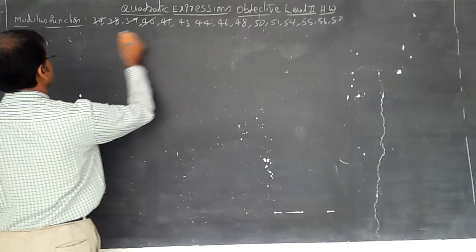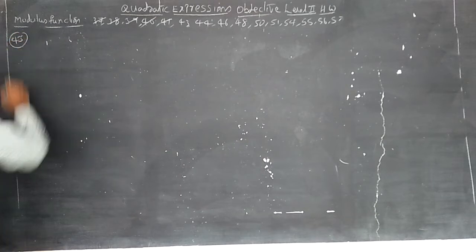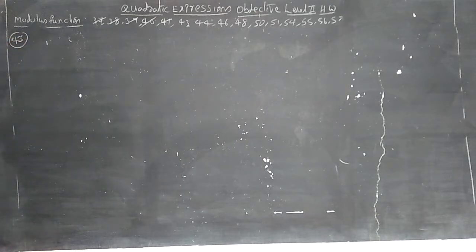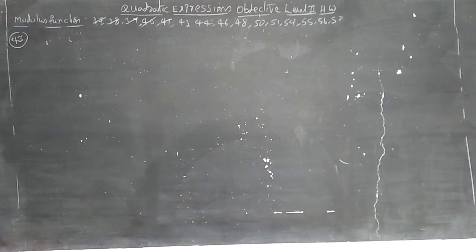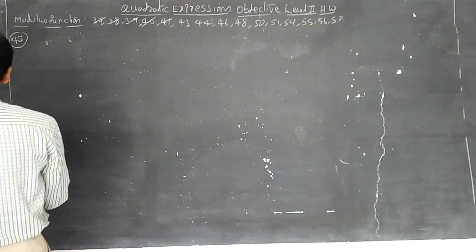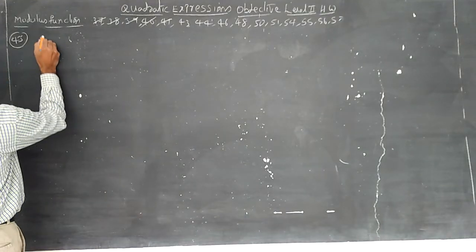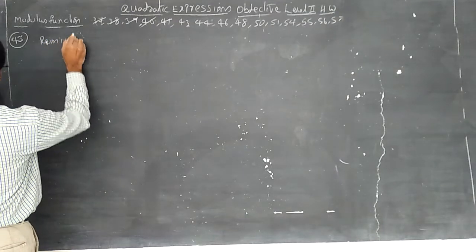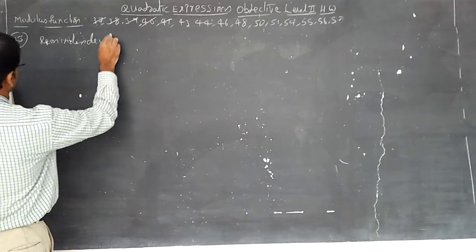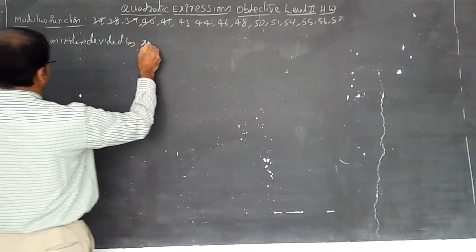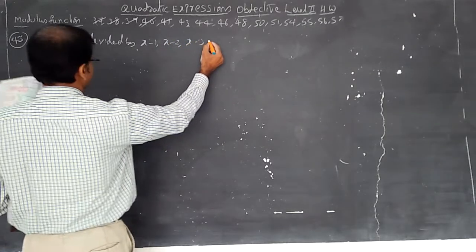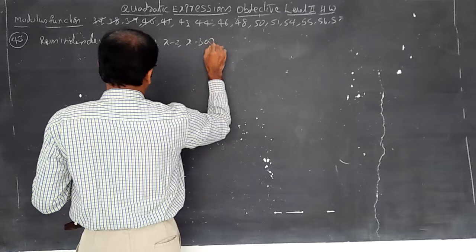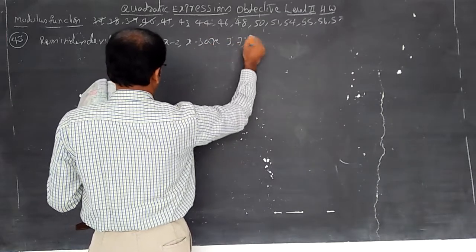41 completed. Let us discuss about 43. 43rd question. It is a very easy question. I think you have faced the 43rd question in the mathematical induction chapter and in the partial fraction chapter also. Let f of x be a polynomial for which the remainders when divided by x minus 1, x minus 2, x minus 3 are respectively 3, 7, 13.